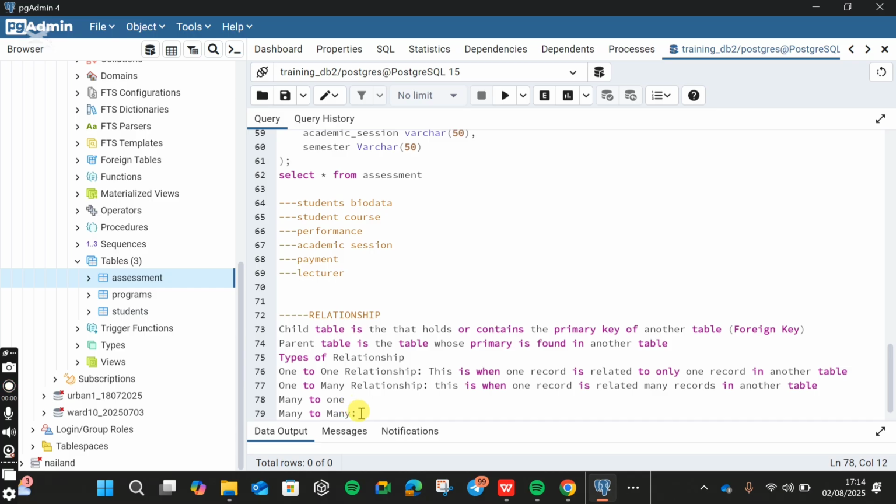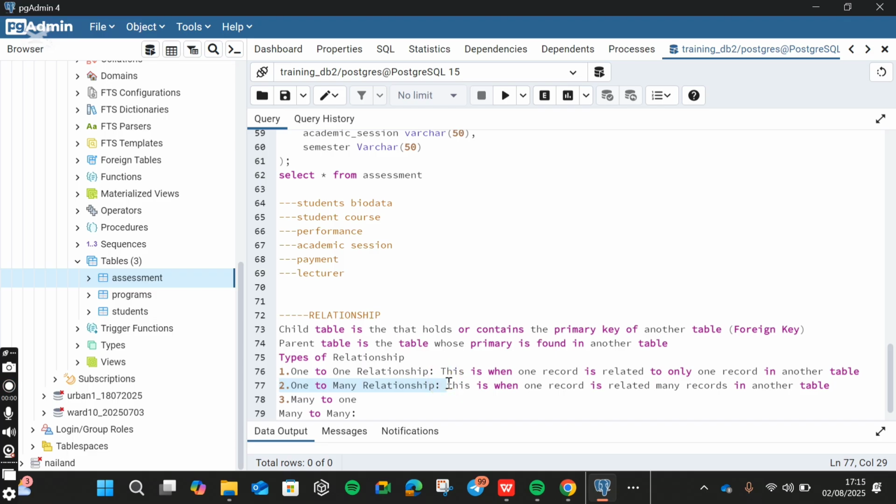So the many to many is when many records are related to many records. This one, they are like front and back. They are opposite of one another. The most popular one is the first two. In many situations, number 3 and number 2 are silent. You will not hear many to 1. You will only hear this because it's just like moving from left to the right, and you're also defining from